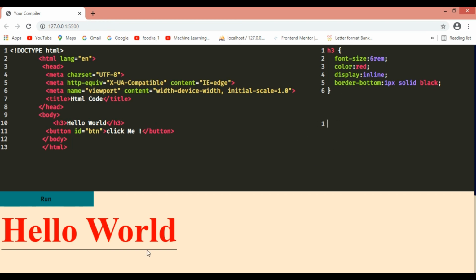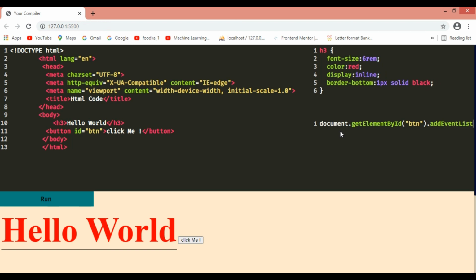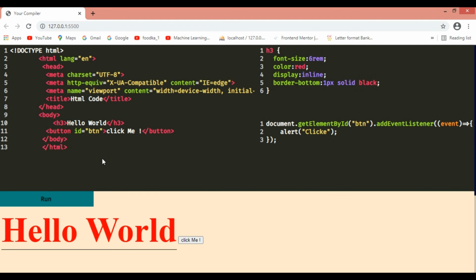Okay, first let me run this thing. You can just see click me has already come here. Now we'll be just using this document dot get element by id. It will be button dot add event. So let me run this thing once again.